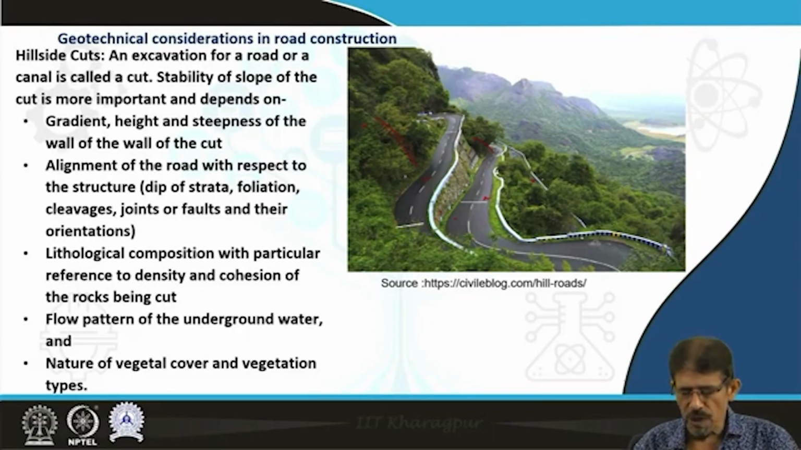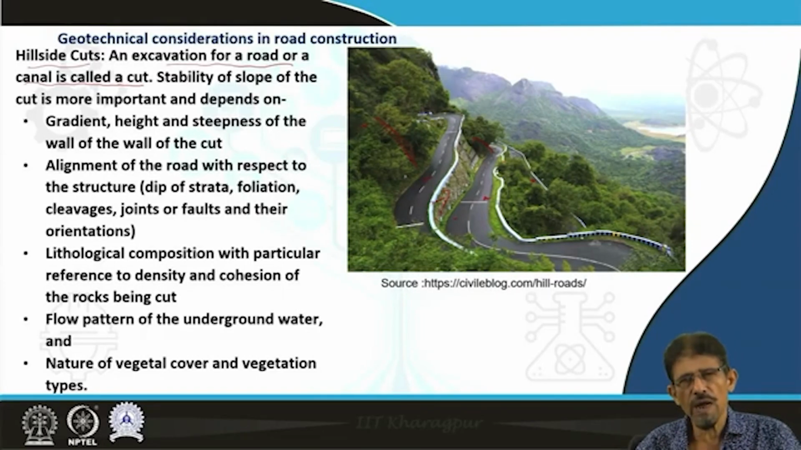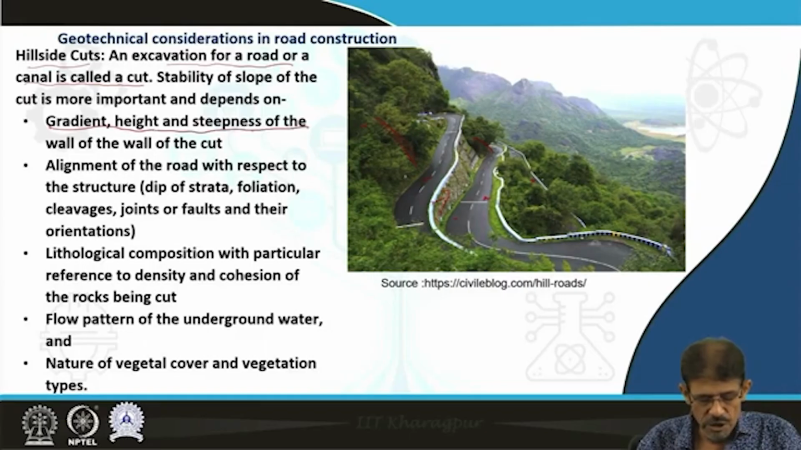Road cut slopes are very important to identify: first what the rock type is, what features are present, what the condition is, and the height, gradient, etc. So for a hilly road cut, the excavation for a road or canal is called a cut. Without cutting we are unable to construct a road because the mountains are on a slope. So the gradient, height and steepness of the cut walls